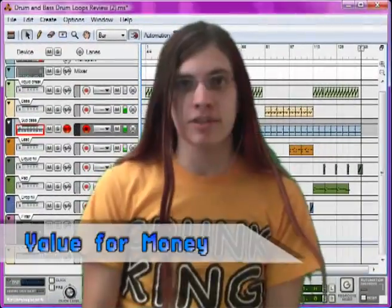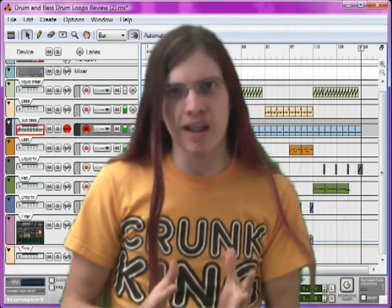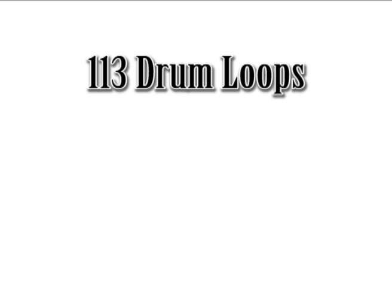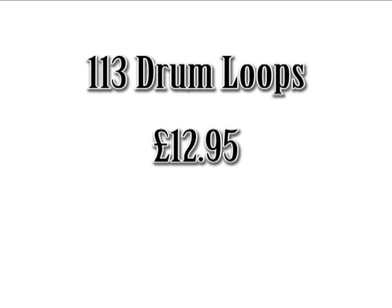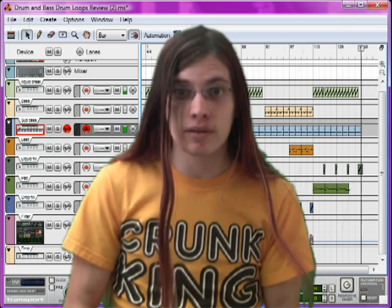I usually leave this till near the end, but I just have to say it straight away. This pack is crazily good value for money. 113 drum loops at £12.95. This equates to 11p per drum loop, and when you hear the quality of the loops, that's when you realise